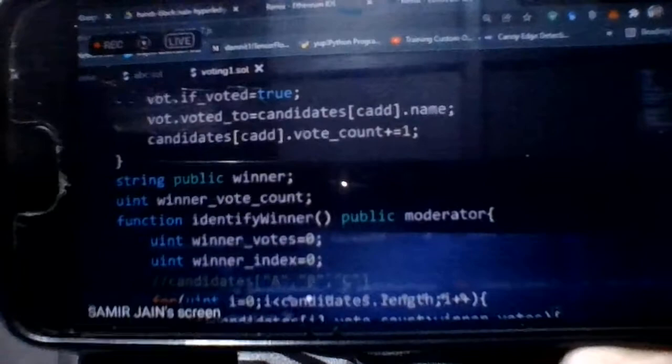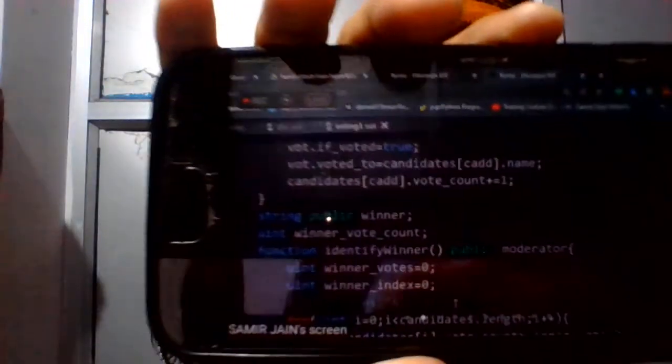Okay, so we have got the winning votes, and we have to find the index also. We'll make use of it later. So winner index is where the winner is present inside this array. So winner index, which is earlier 0, is updated. Okay, so winner index is I.